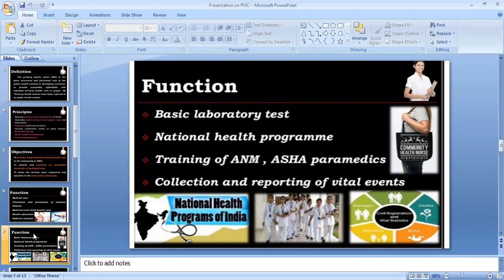Like we have ICDS, we have the anemia control program. Under the anemia control program, they used to distribute the iron tablets. They used to teach the adolescent girls and people who are in the reproductive age group. So these are the kind of things this